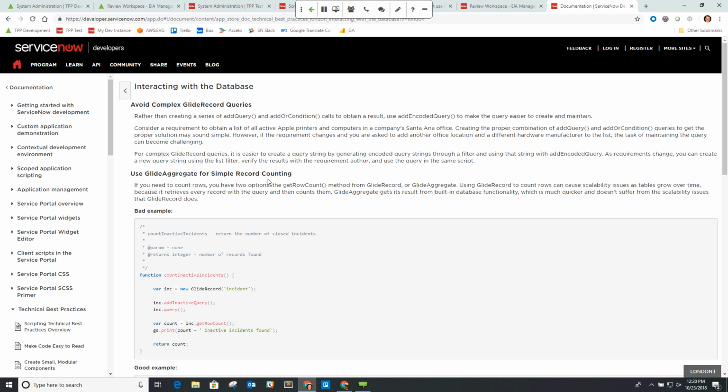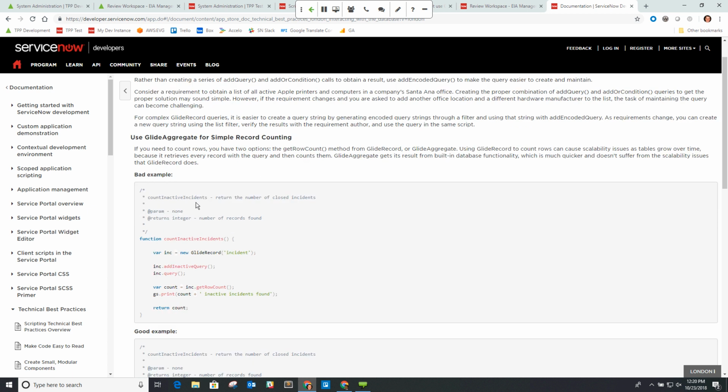But I'll just highlight a couple of these out here. So for example, this is one I'll show as a rule: the use of things like this get row count function, which by itself is not a big deal, but can be a performance drain if you have a large table you're querying against. Because in essence, the mechanics of this function is it's going to return back all the records in that row